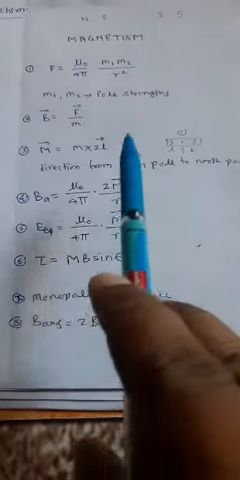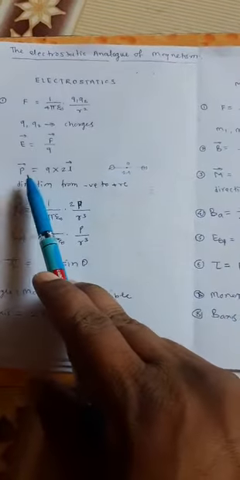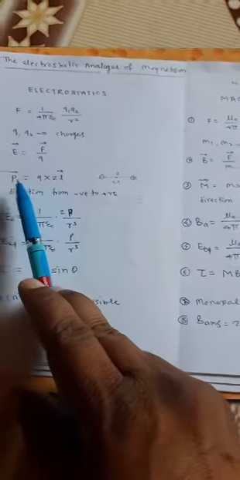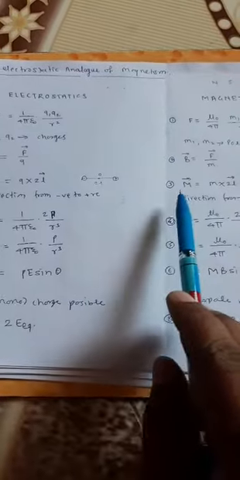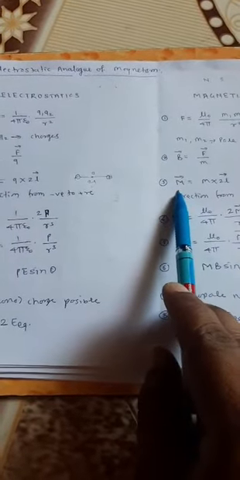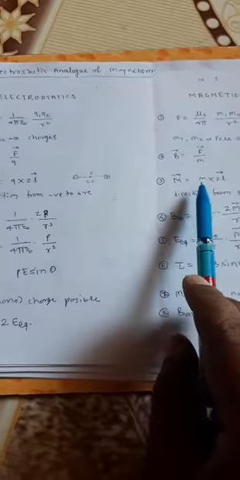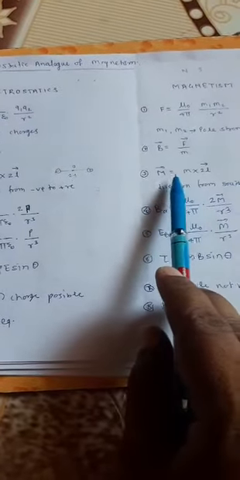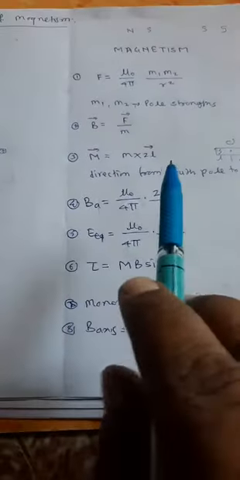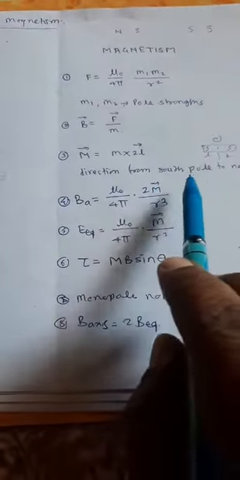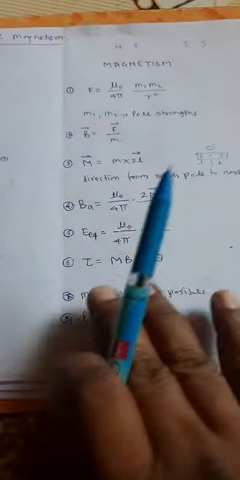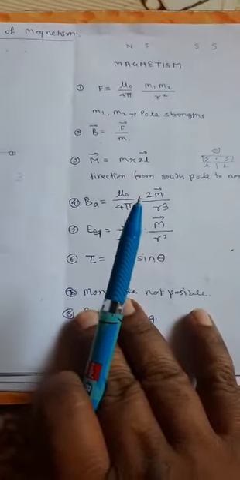Electric dipole moment is denoted by p. Similarly, magnetic dipole moment is denoted by m. It is equal to the magnitude of the strength of one pole into the distance between the two poles, and the direction is from south pole to north pole,